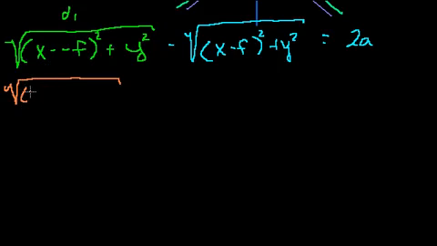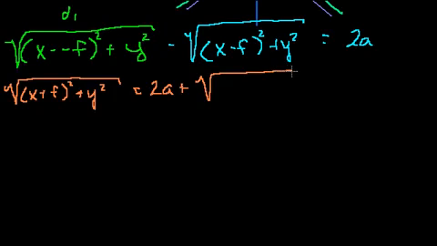This becomes (x plus f) squared plus y squared is equal to 2a plus the square root of (x minus f) squared plus y squared. Now to get rid of these radicals, let's square both sides of this equation. The left-hand side, if you were to square it, just becomes (x plus f)